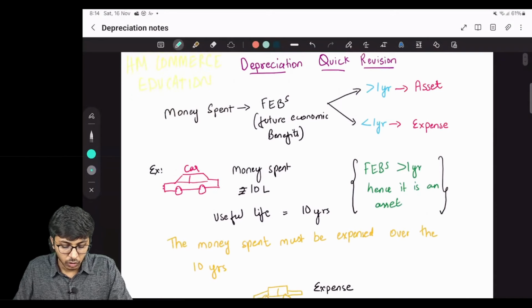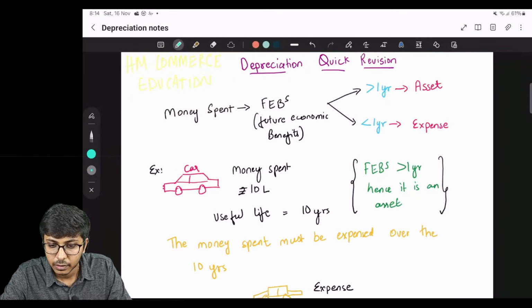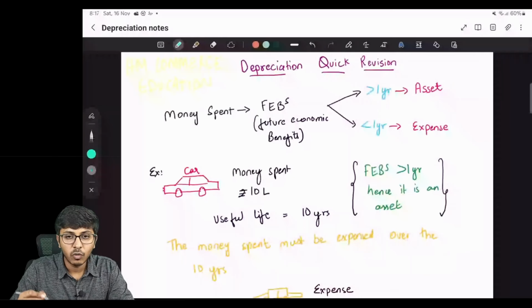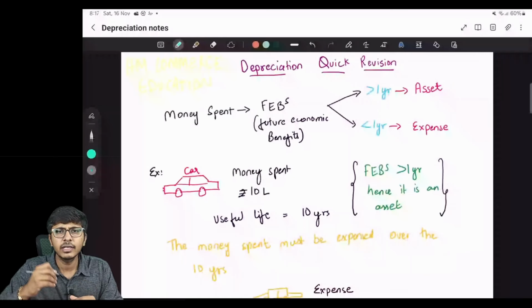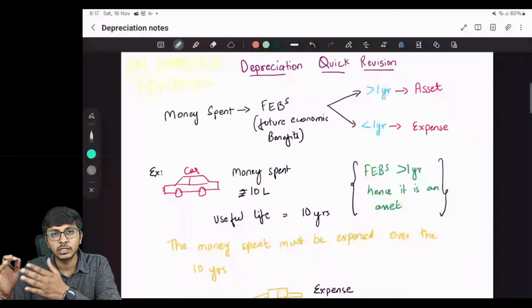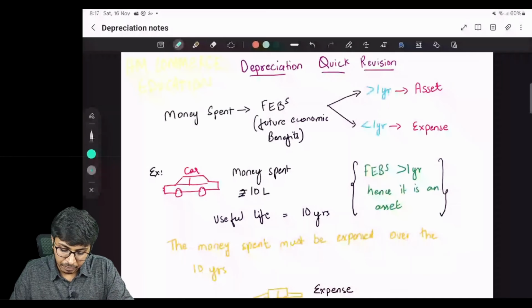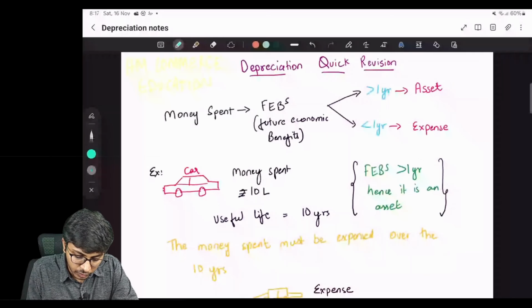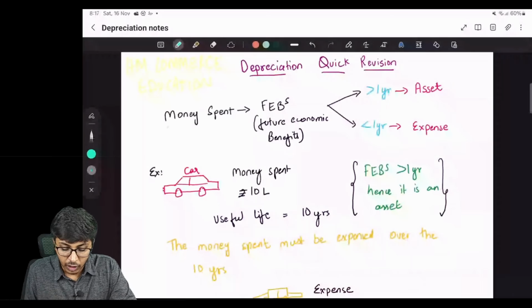Before seeing what is depreciation, quickly we will see some background. Then we will get to what is depreciation and what the methods are, all that we will see. So suppose you have spent some money. Now this money,